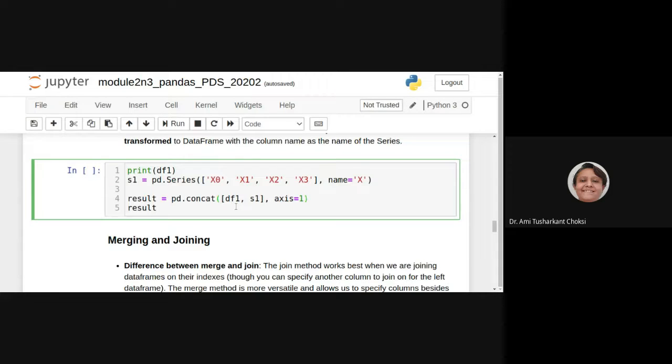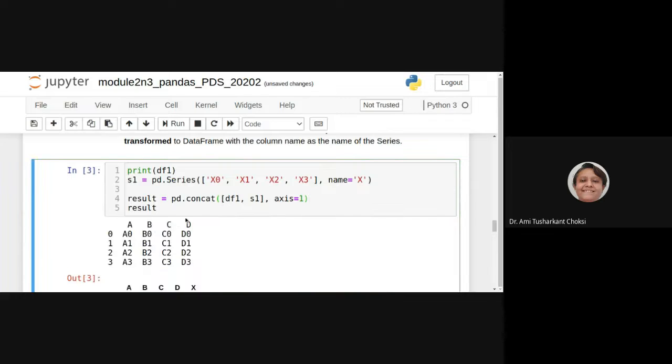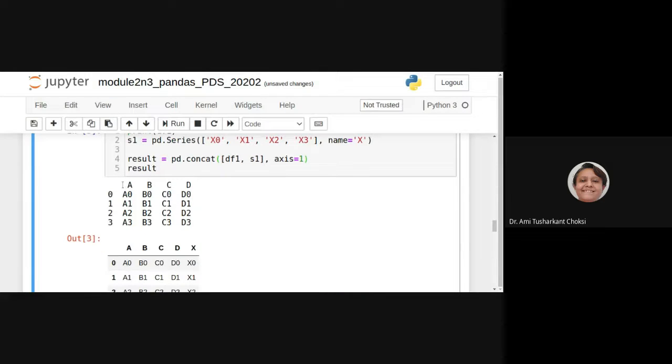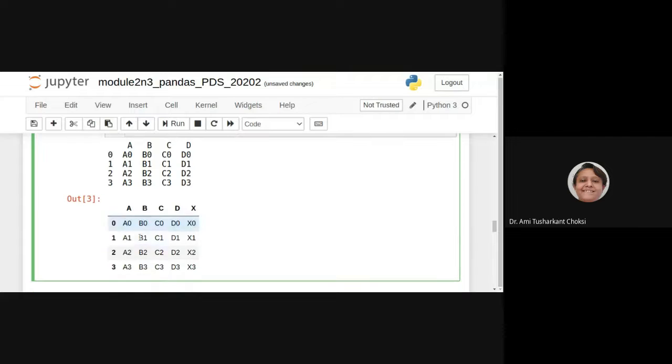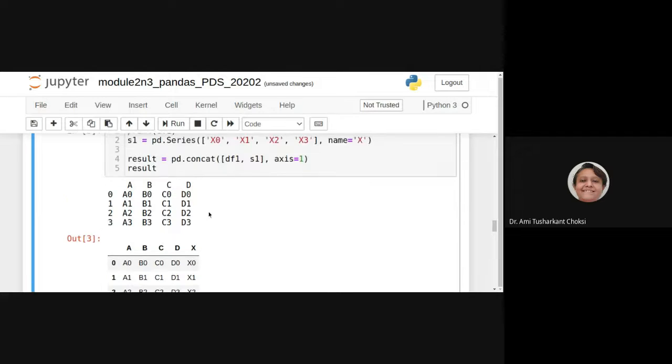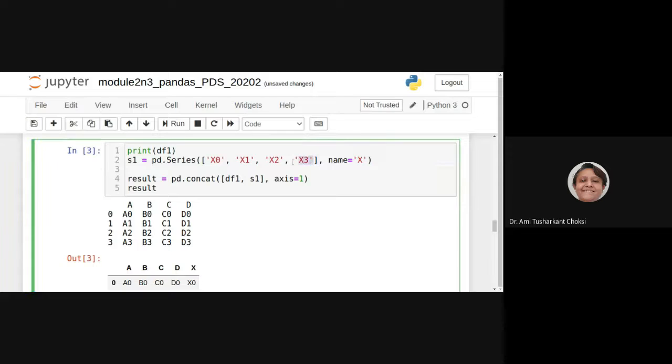Now what will that be? This is our original data frame, right? So A, B, C, D columns are there and index is 0, 1, 2, 3. What about the concatenation? We have these A, B, C, D columns and the data that was there. Now we can see the column x is added and the values are x0, x1, x2, x3.